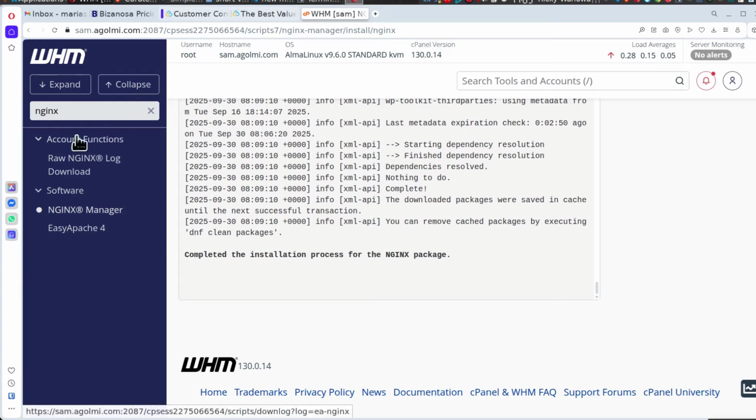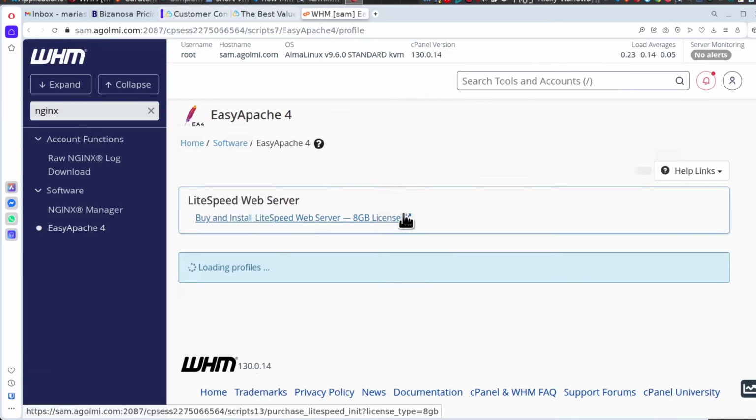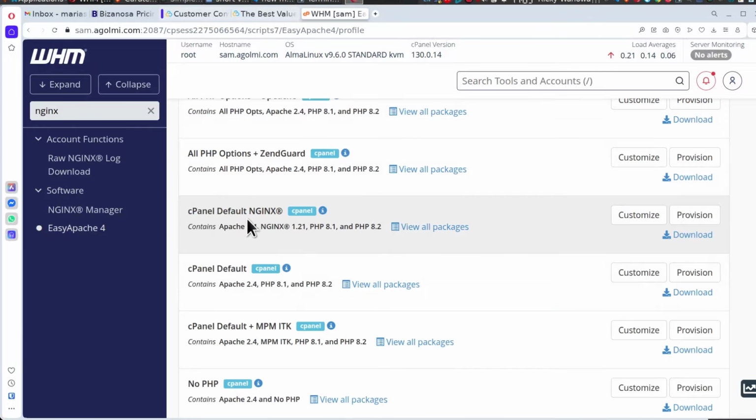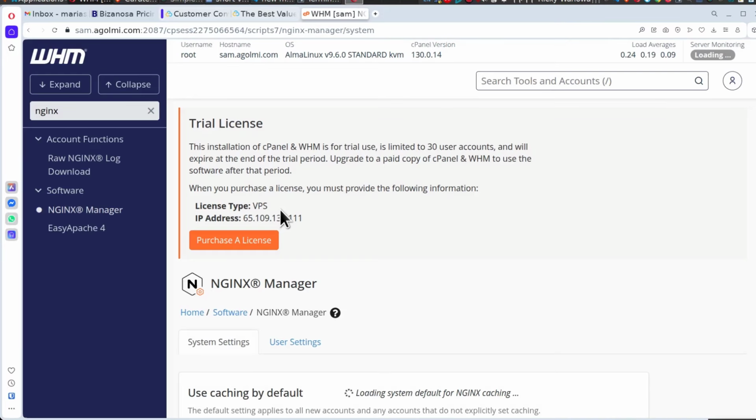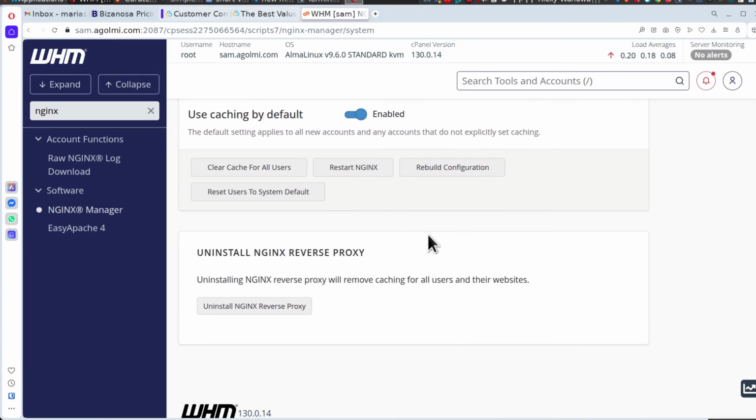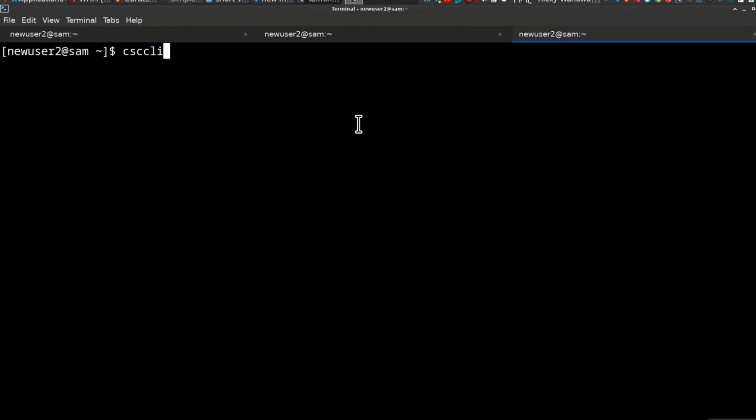So Nginx has been installed. Once I've enabled Nginx Manager and enabled the cache for Nginx, I believe now Nginx will be recognized on the server. So if I was to do CrowdSec CLI setup,